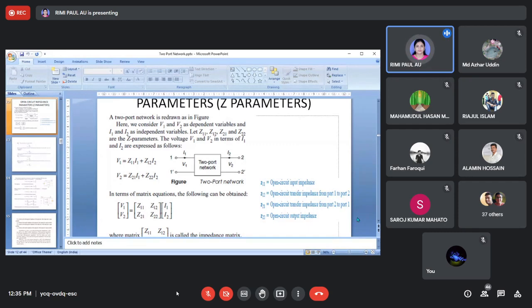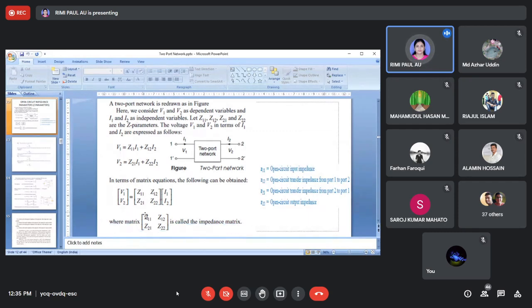We can write it in this way: if we take a general equation, V is equal to IZ or ZI, right? So V is equal to ZI. That means we are finding impedance by using the voltage and current ratio. We are taking voltage by current, and we are finding the impedance.